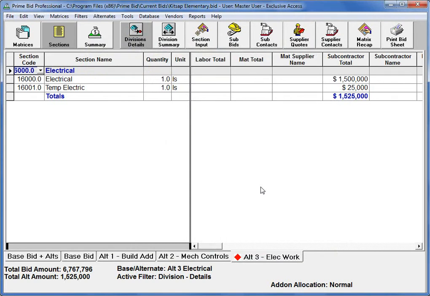I'll click OK. And those sections of work came in with the category cost totals that were set up in the base bid. These section prices for subcontractor can be modified and changed so that they fit the alternate specifically. In this case, I changed the subcontractor totals, and now I can maneuver these sections around and use them in